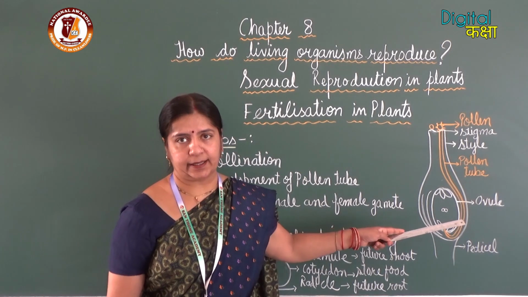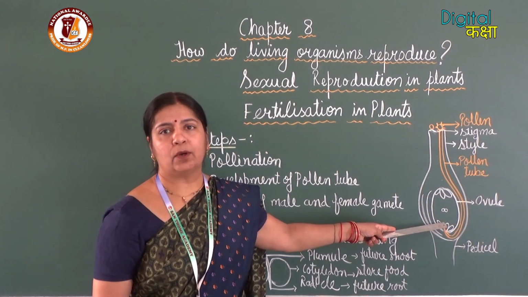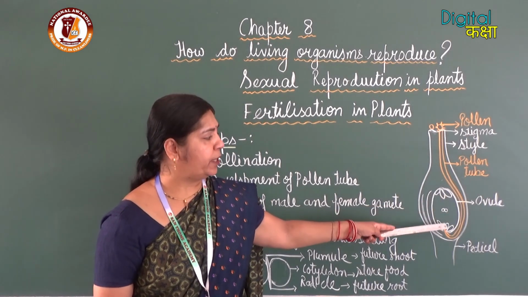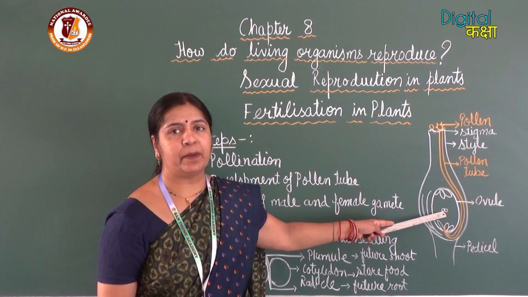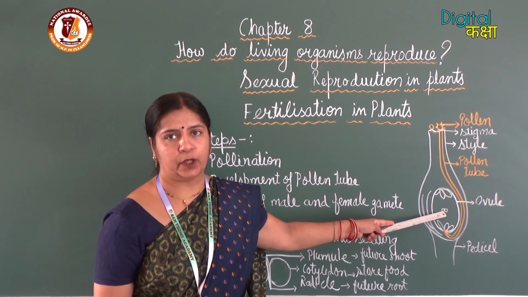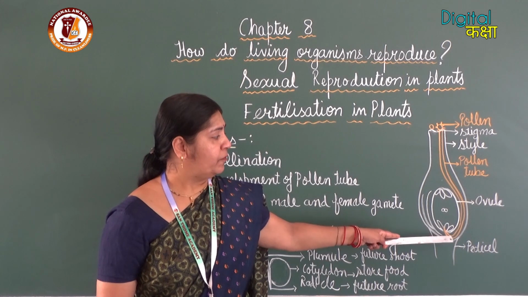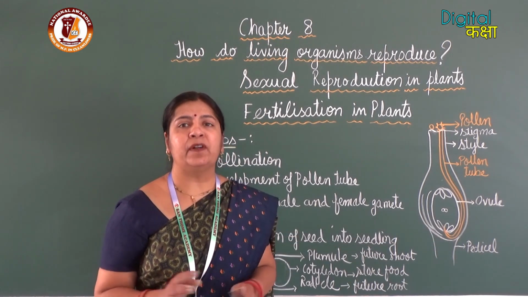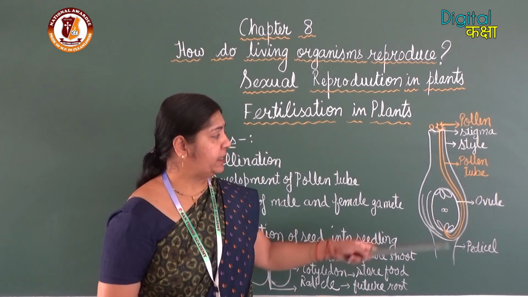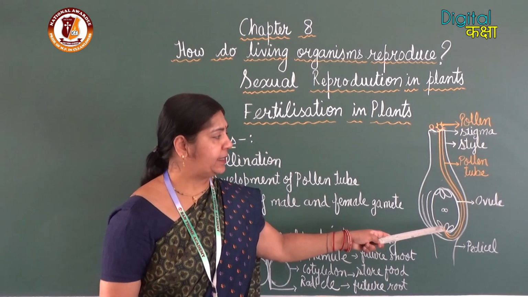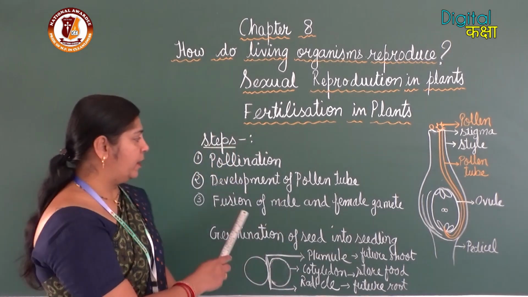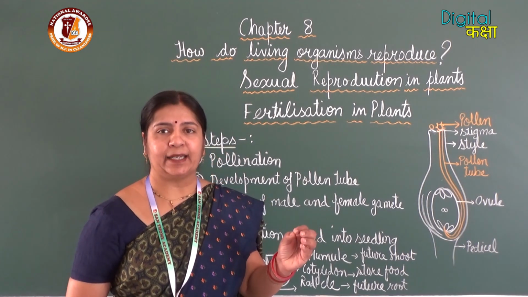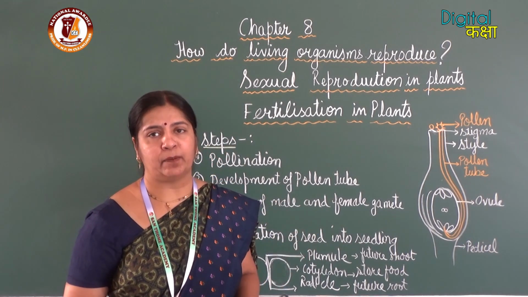As you can see in the diagram, the ovule also has 2 nuclei at different places. One is the polar nuclei and one is the germinal nuclei present in the center of the ovule. So, when the pollen tube enters and bursts open, it will release both male nuclei inside the ovule, and then fusion of male nuclei and female nuclei will take place, and that means fertilization will take place.